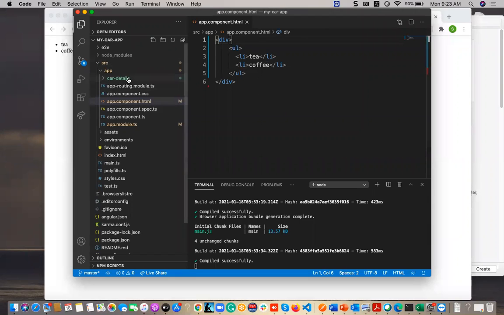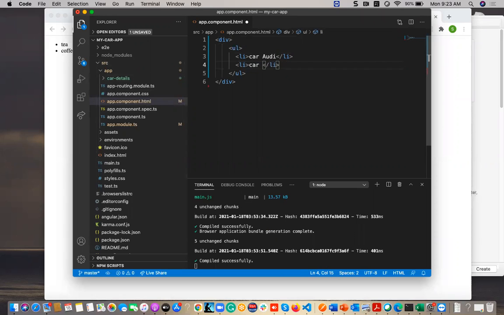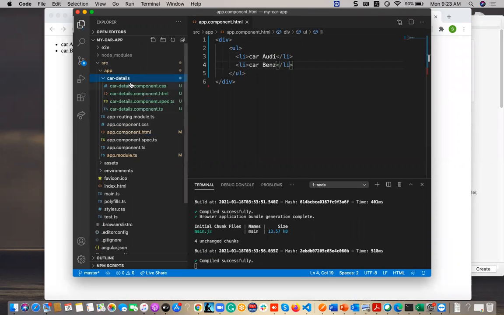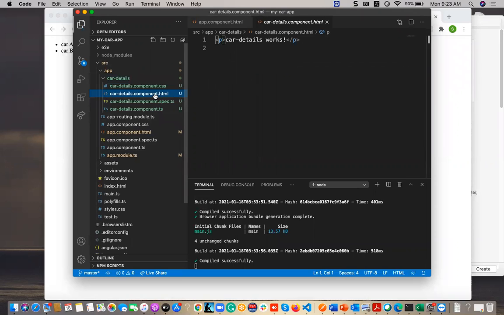So if I want to create these, let us think like this is some car and Karadi or bench, right? So if we are here I am having this component, car details component.